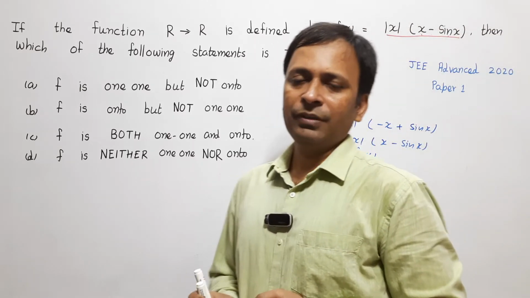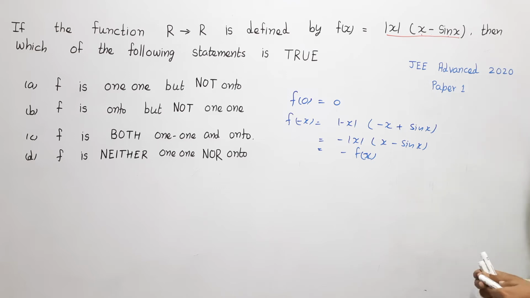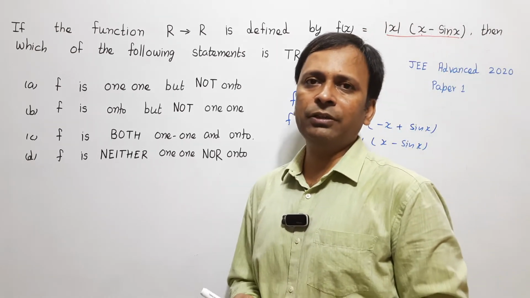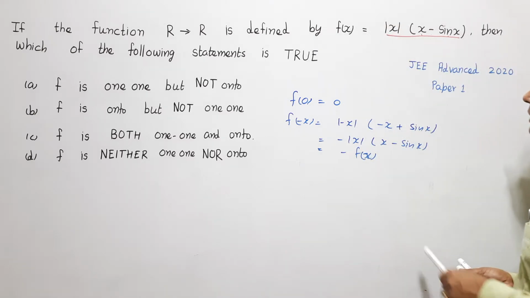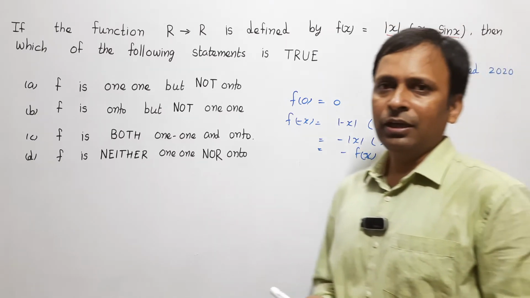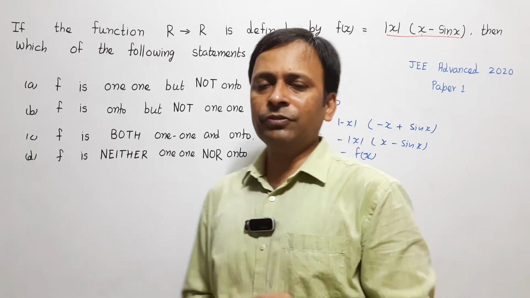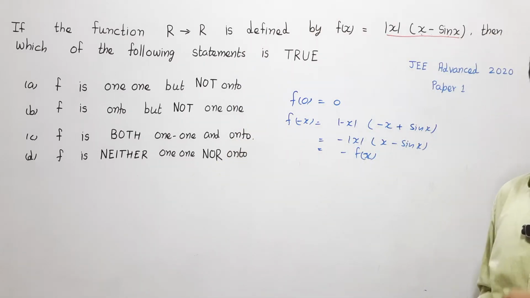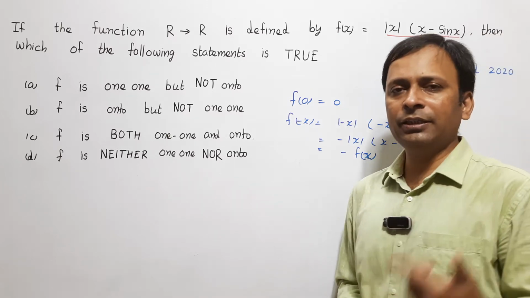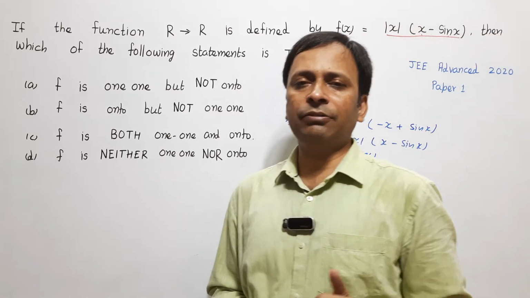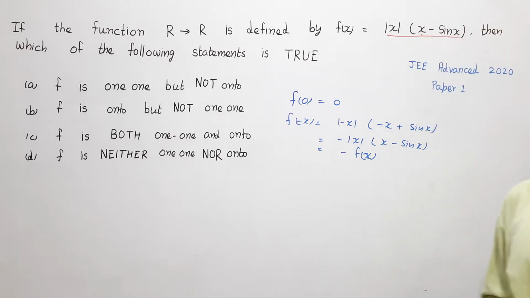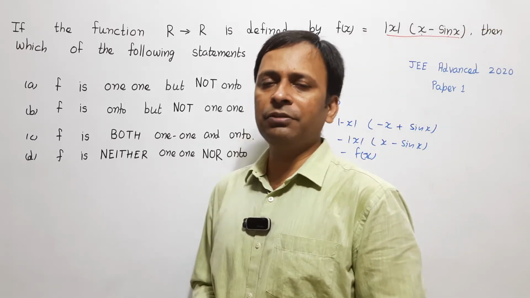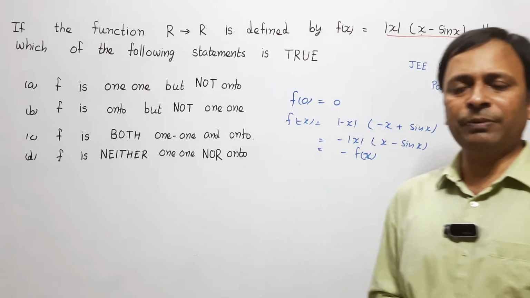So what I get is f(−x) is −f(x), which means this given function is an odd function. Now let us see the tendency of the graph of the function, for which I will find the derivative of the function. Since this function is odd, if I know the graph when x is greater than 0, I can similarly plot the graph when x is less than 0. So we will first define the function when x is greater than 0 and find the value of f'(x) in this case.